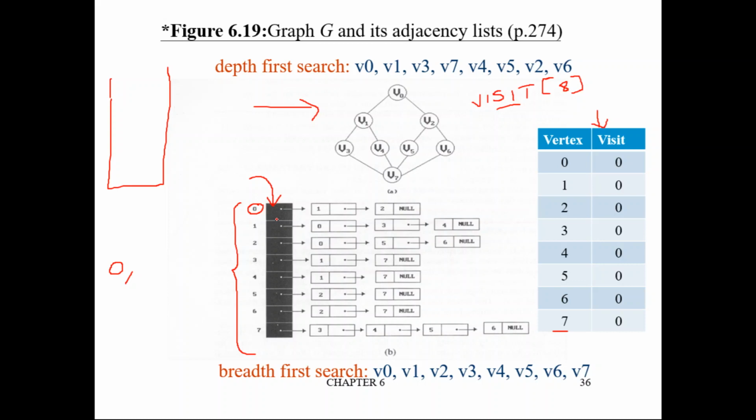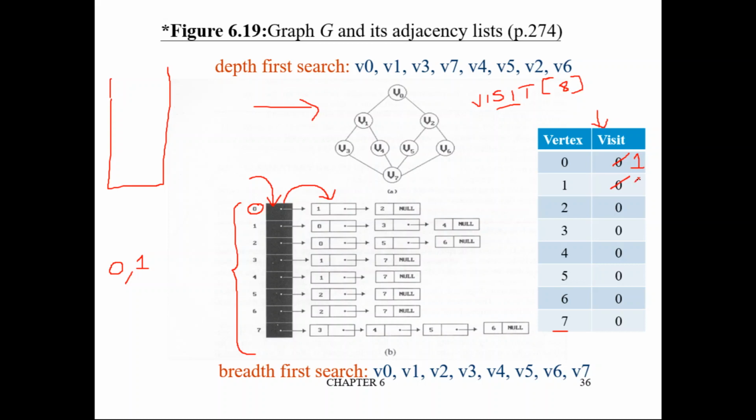Okay. Now it is visited. The moment this particular vertex is visited, in this array it will not be 0 anymore, we will make it 1. Okay. Then we will see what this is pointing to. It is pointing to which vertex? It is pointing to vertex 1. Is this vertex visited or not? No. Okay, if it is not visited yet, visit it. So visit means you display it, and also make that respective entry in the visit array 1.